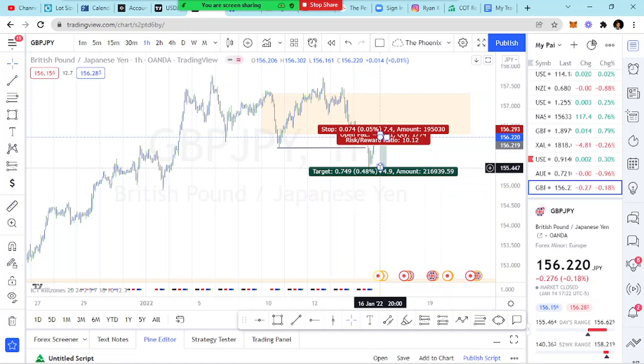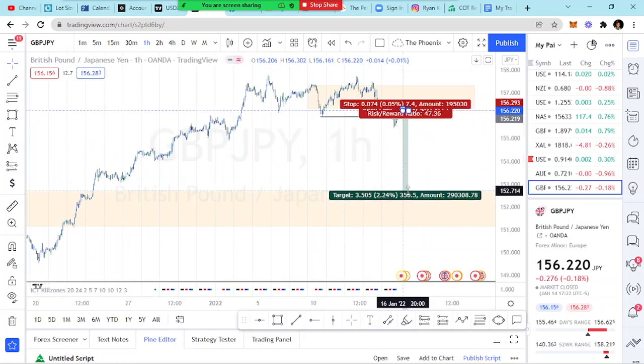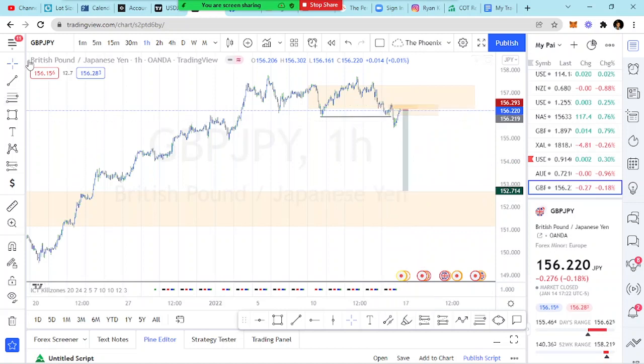So you take partials along the way. As long as the price keeps going in the direction that you want it to go, you just leave parts of the trade on to continue to run, so that you are staying in the trade to collect the rest of the profits. But let's assume that price goes where we think it will go, which is here. You're looking at a 47-to-1 risk to reward ratio,